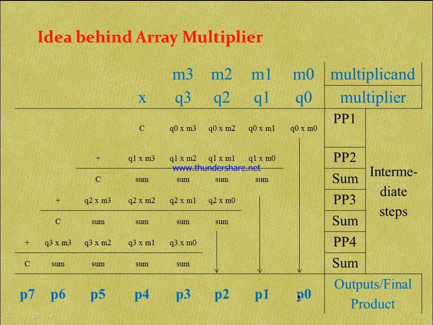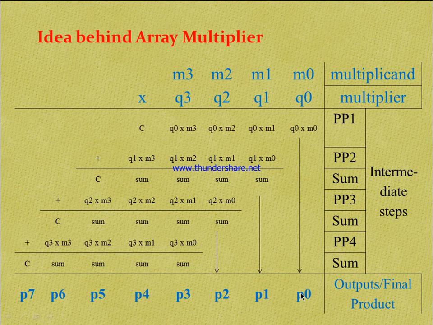Here one interesting thing we can observe is that we are multiplying two 4-digit numbers. These are the two 4-digit numbers, but the result here is 8-digit. So we should keep this in mind. That means multiplication of two 4-digit numbers will give double, that means an 8-digit number. This is actually the concept of array multiplication.